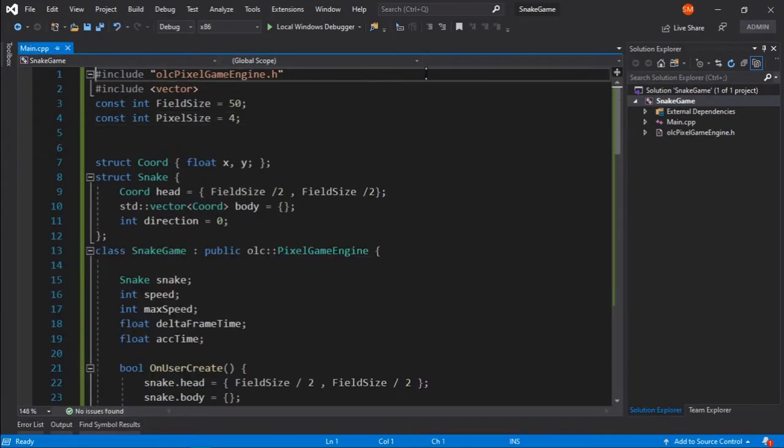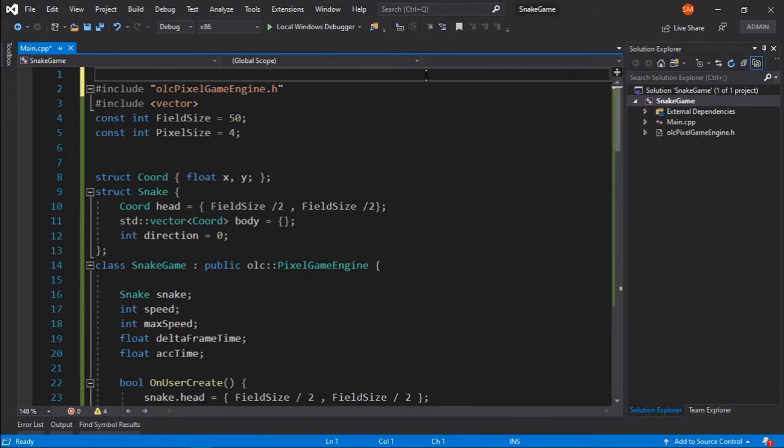I forgot to mention one thing: if you have already followed his tutorials, then you will see that to use the olc pixel engine we need to define a macro called OLC_PGE_APPLICATION, where PGE stands for pixel game engine. Now I am not very expert in using the olc pixel game engine.